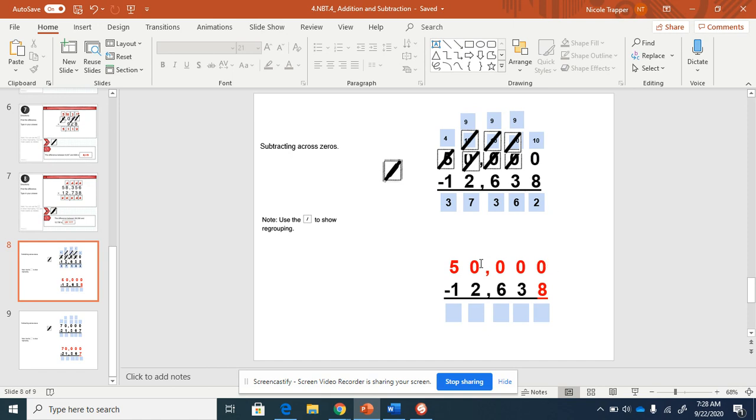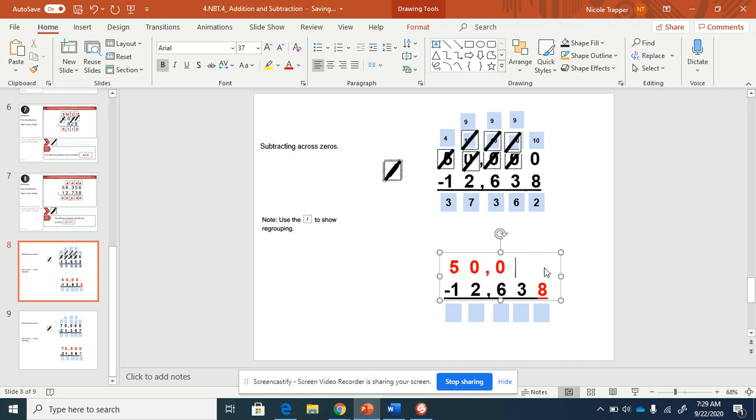An easier way to do this is to be able to change some of the digits in order to easily subtract. So when we have a number that is across zeros, or it has everything other than the first digit as a 0, we could use a strategy of changing the numbers by subtracting them both by 1. We just finished learning that in subtraction, if we subtract both of the numbers by the same number, it is equivalent. So if I subtract 50,000 by 1, I would get